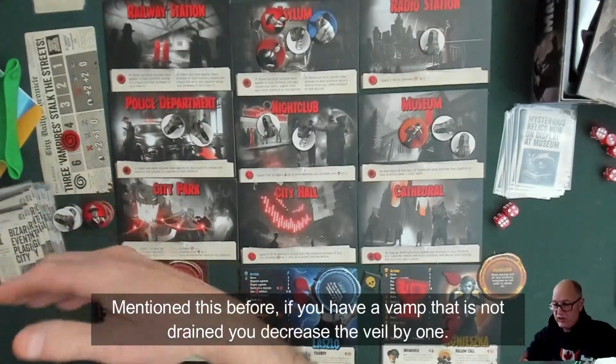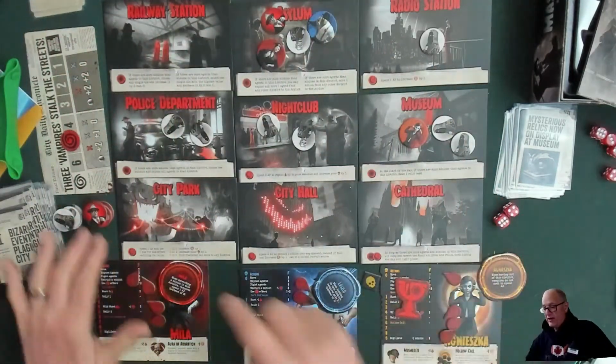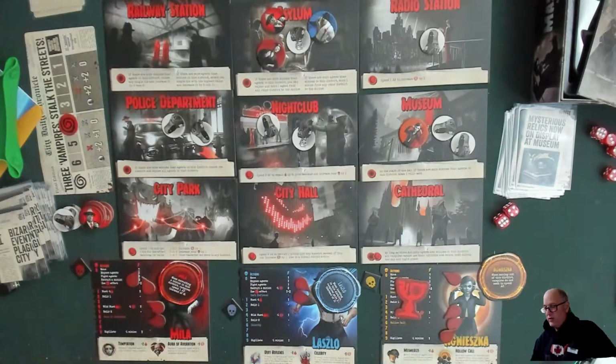We actually have to decrease the veil at the end of this round. There is no daytime fights. That means the veil is going to go down. You can see how quickly that veil went down. There are ways of getting the veil up. You can use the city. You can recruit, which we might want to do. But for now,